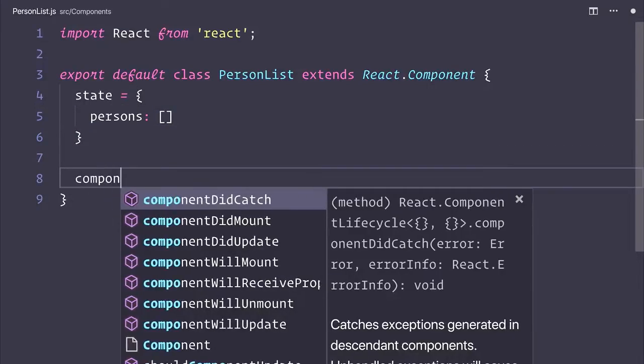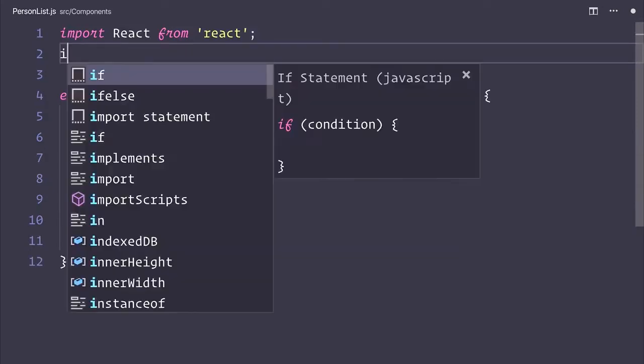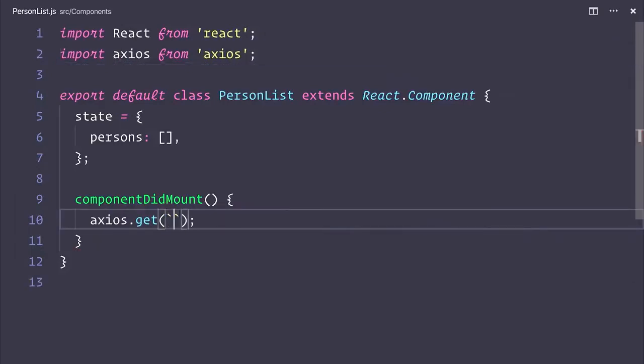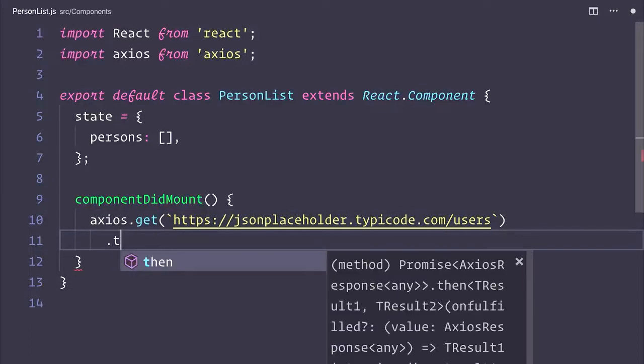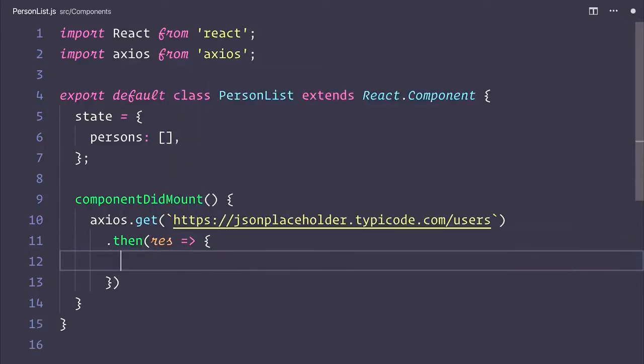And inside the componentDidMount lifecycle, we can run axios.get. Now axios.get will simply perform a HTTP GET request on a particular URL. But in order to do that, we need to import axios from axios. The URL that we'll be getting is simply the JSON placeholder API. So you may have seen this one before. If you haven't, I would check out the jsonplaceholder.typicode.com URL. And as Axios is promise-based, we want to use a .then call, take the result or the response,